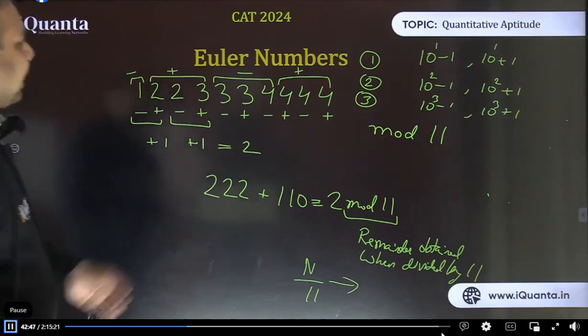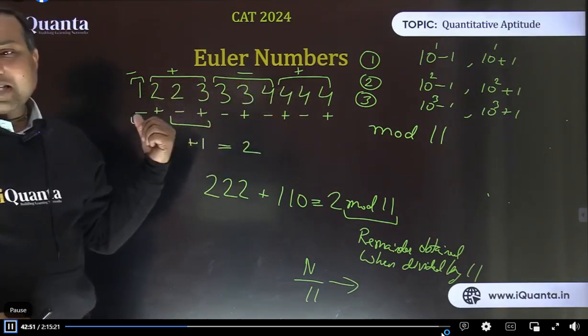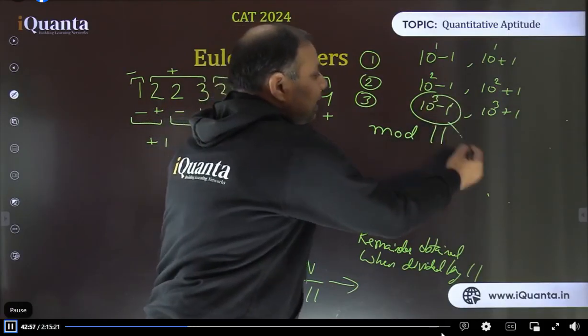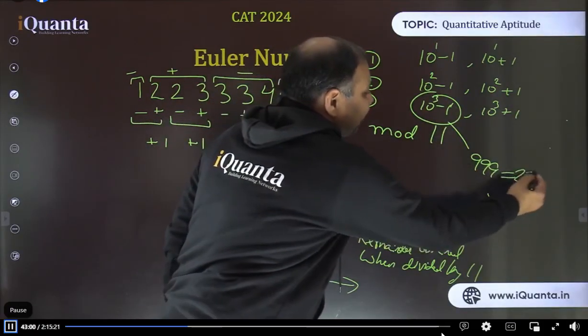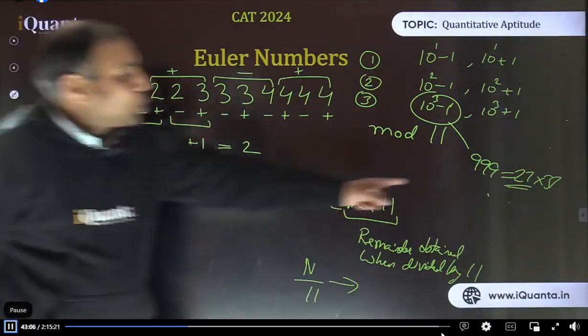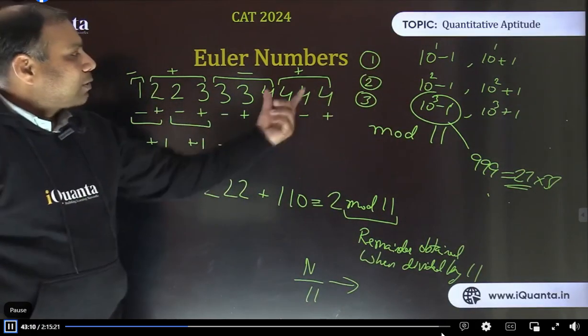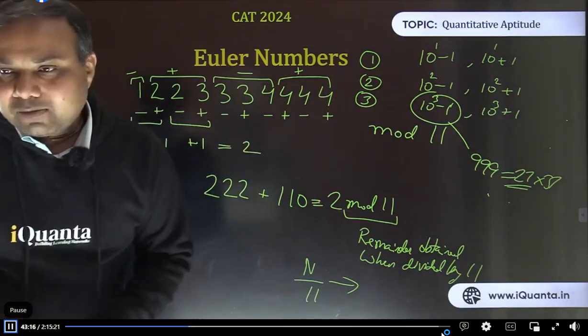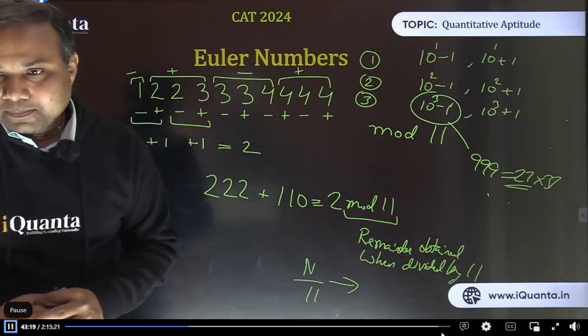Yes, 27 is also okay. Let's say this is the number. If I want to find the remainder with 27, which rule will work? 999, 10 cube minus 1, right? 10 cube minus 1 was 999, which has factors 27 and 37. So to find the remainder with 27, we need to make groups of 3 digits and all will be added together. So 444 plus 334 plus 223 plus 1. Whatever the value is, we can find the remainder with 27 by dividing it.